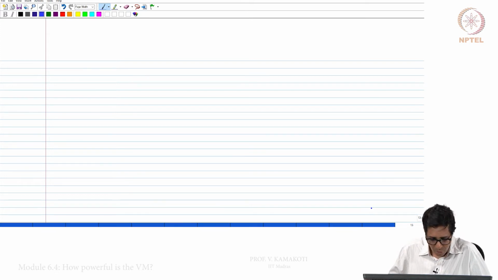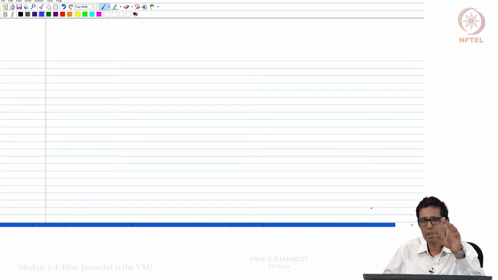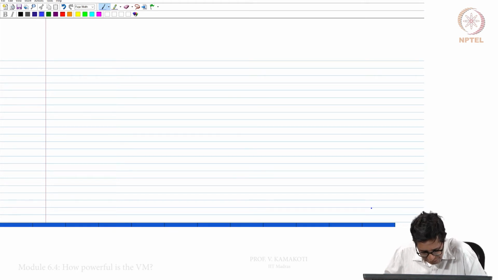Suppose I have an object called ball, which has a radius and a color. We are now trying to make a game. So, this ball is moving on the screen, so it has xy coordinates. Let us say xy are also integers.